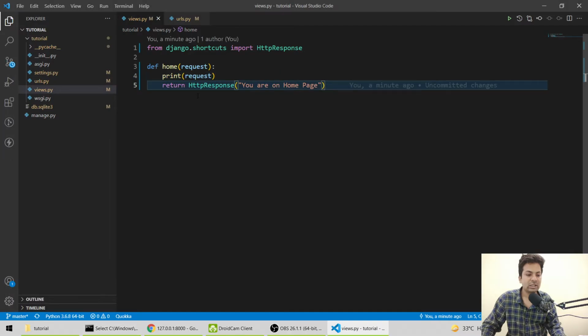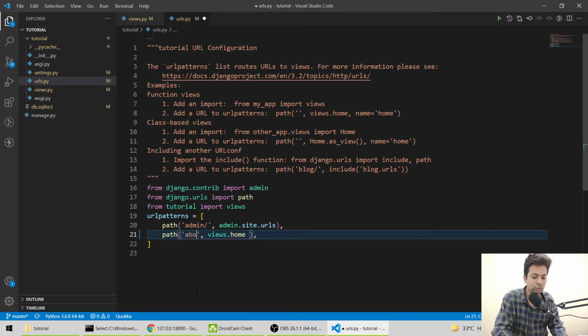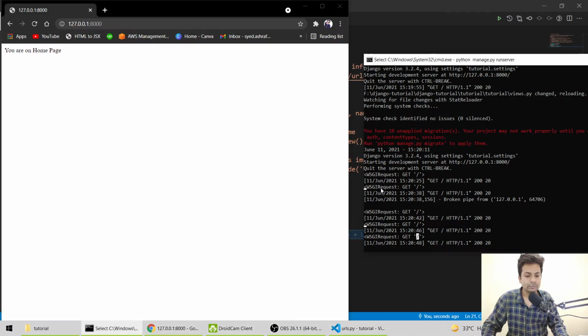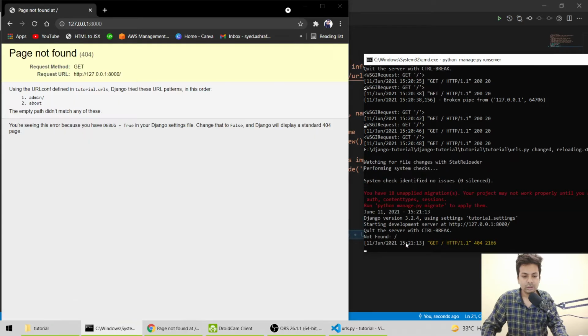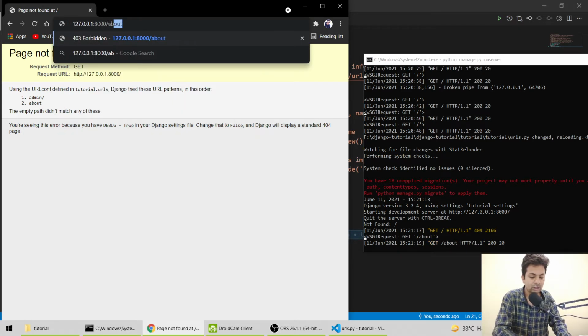If I change it to, suppose, about, that means www.google.com/about. If I save and go here, see, because we removed the base URL, we have to go to /about.